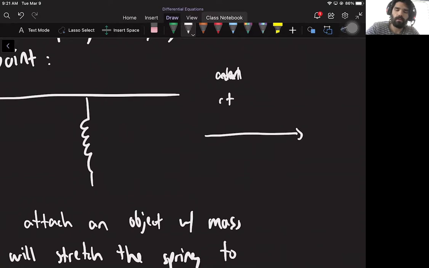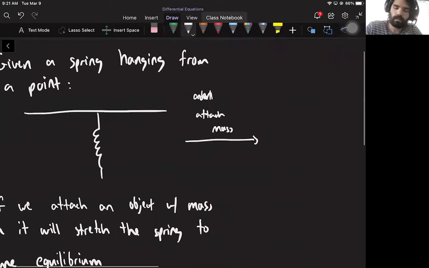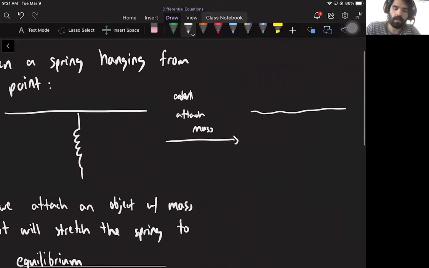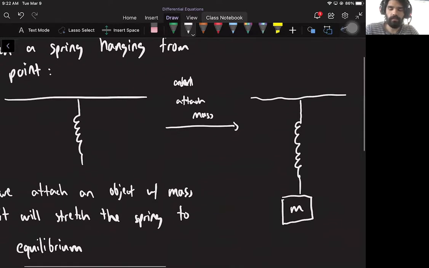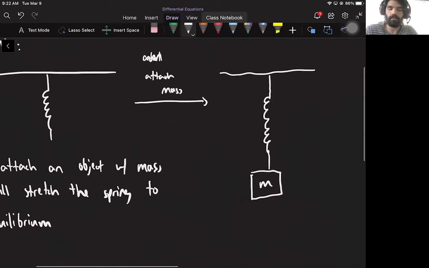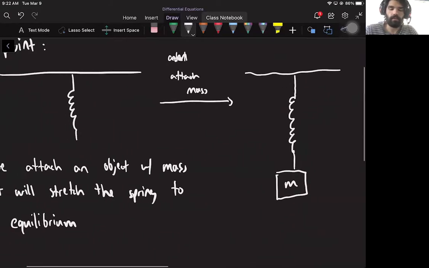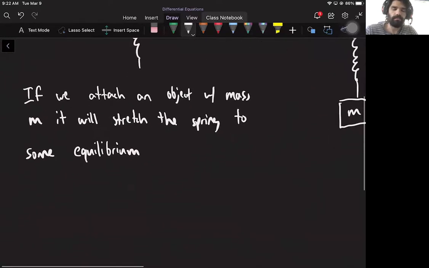Attach the mass, meaning that, I'll try to draw it at the same height, that now it's going to be a bit lower and there'll be some object attached to it, but it's not moving or anything. So we say that it's at equilibrium, it's stable, it's just sitting there. We haven't done anything, but it does stretch down from where it started. Okay, so then once it's in this position,